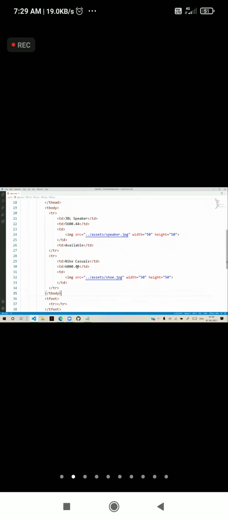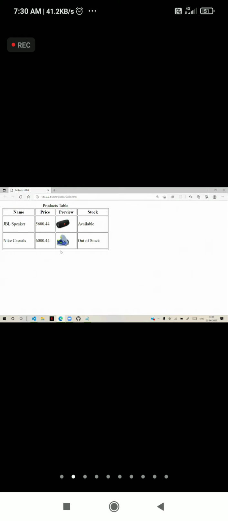IMG SRC, assets, some shoe.jpg, and width and height we configured. And in the preview we defined out of stock. So that is stock, and it will display this content in this way. That is a tabular form.